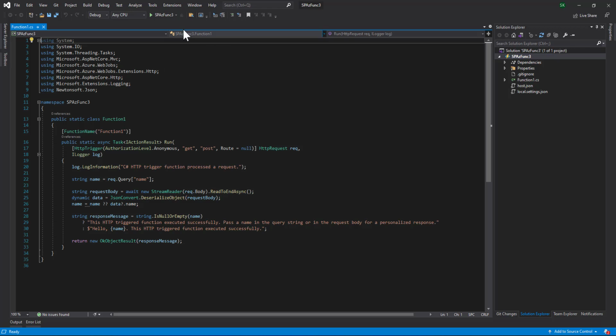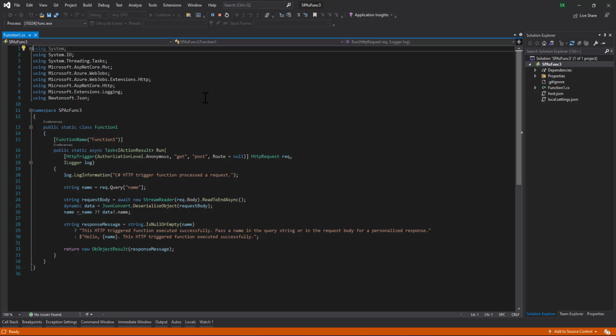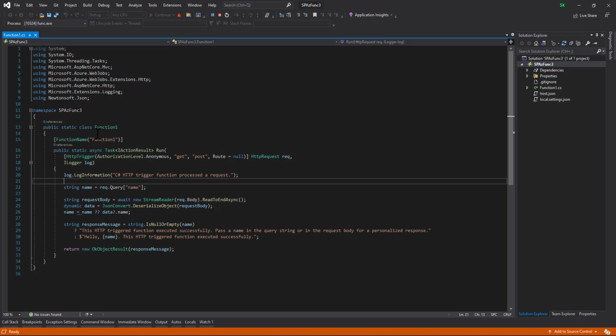So now let us run the project. Click on the play button. Here you can see there is only one function, the HTTP trigger function.